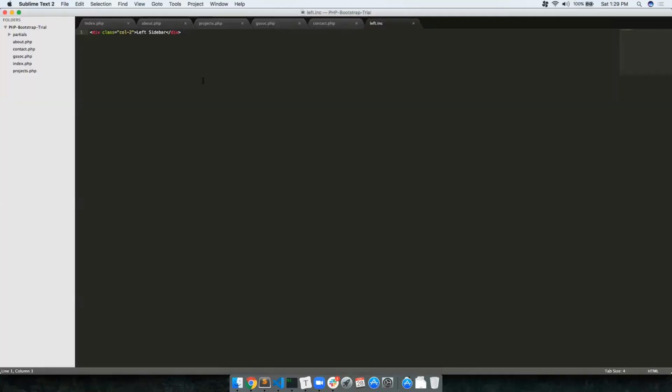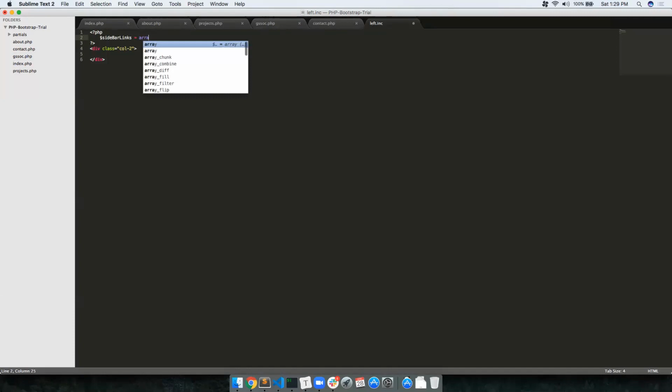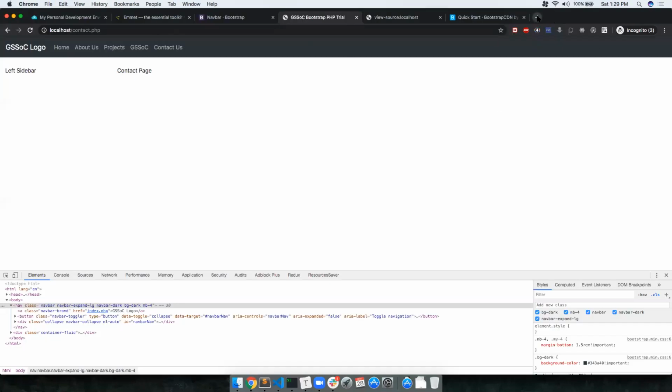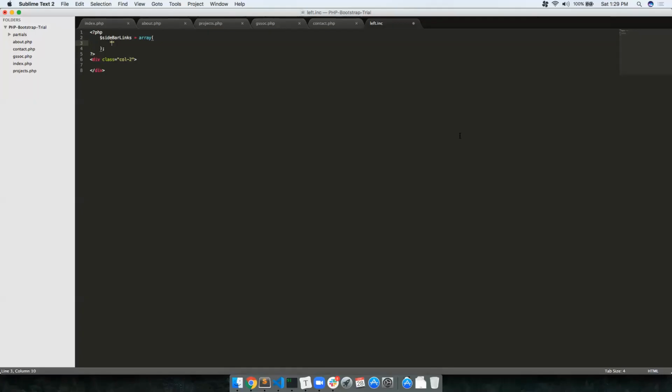Everything is built now. Now if I just change one particular thing here, for example, I have a list of links, again another list of links. So let's say I have sidebar links. It's kind of like resources, something like that. For now I'm just going to create an array the same way how I created last time, but here it's going to be a good amount of resources, something like let's say GSSOC. It's gonna be, oh sorry,